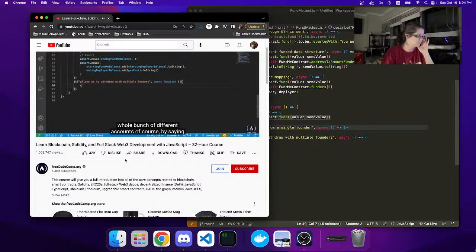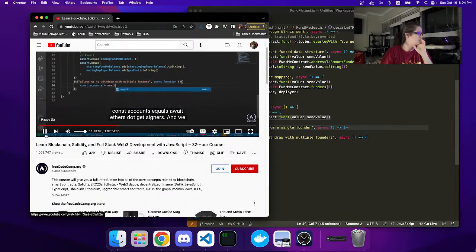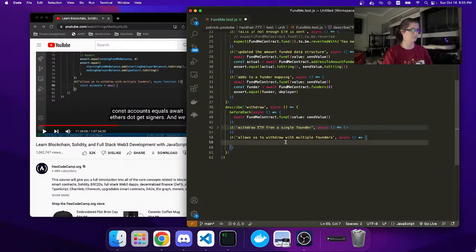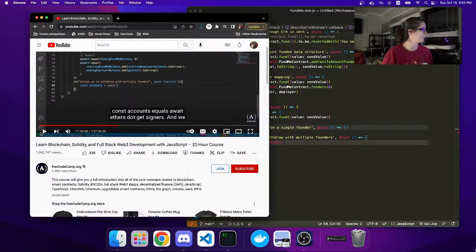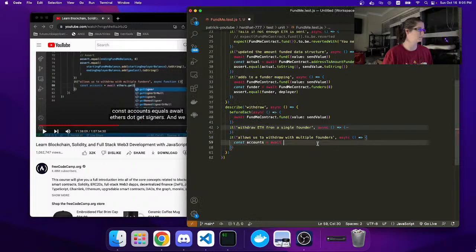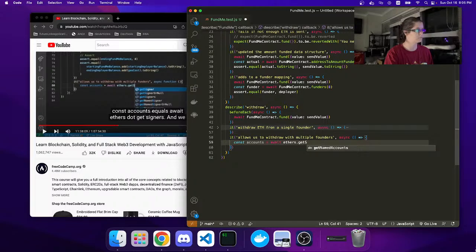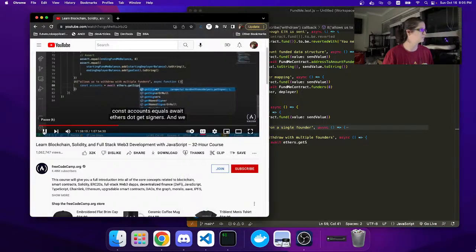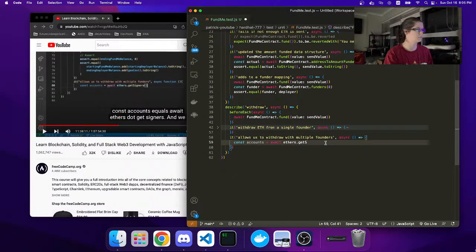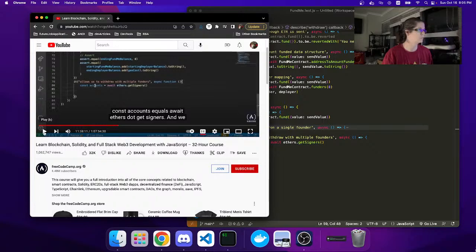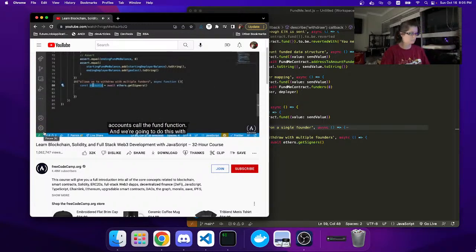So we can create a whole bunch of different accounts, of course, by saying const accounts equals await ethers.getSigners. And we can loop through these accounts and have each one of these accounts call the fund function. And we're going to do this with a for loop. So we're going to say for